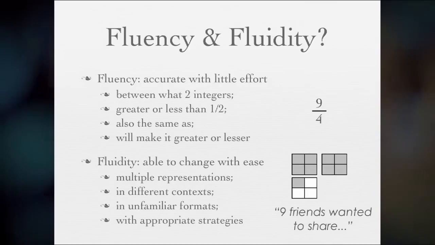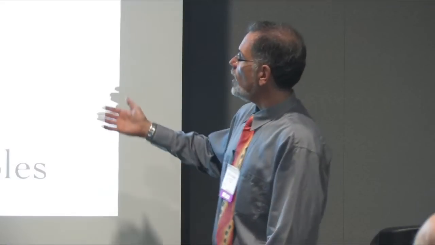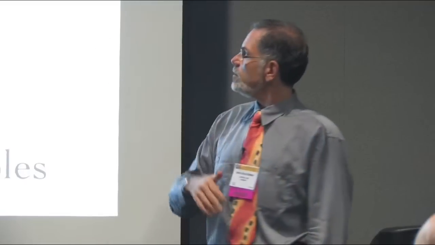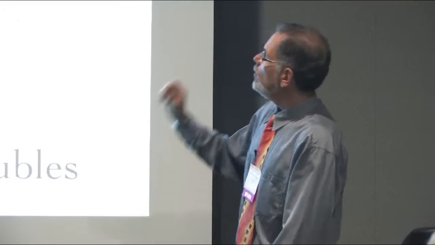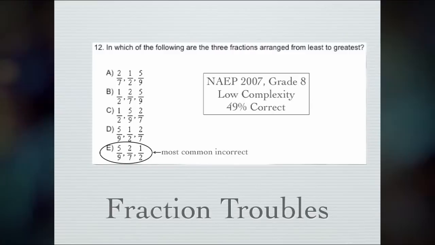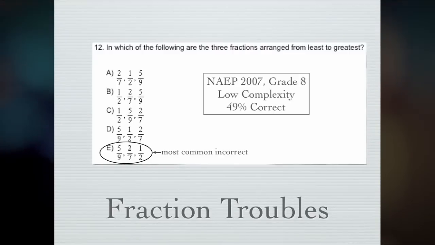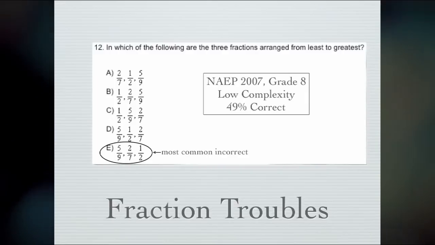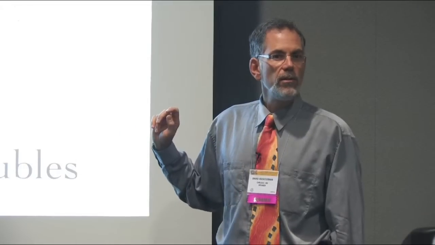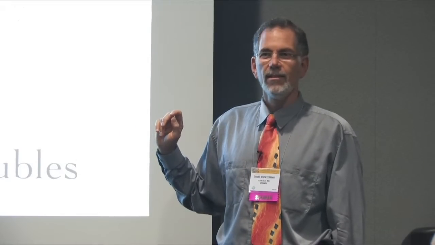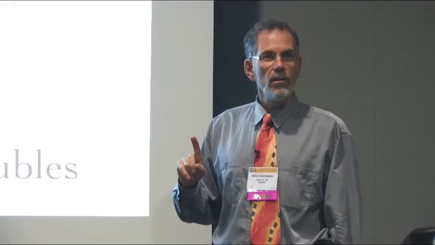So how are we doing on that? Here's an item from 2007 NAEP, grade 8, labeled low complexity. In which of the following are the 3 fractions arranged from least to greatest? And 49% got it correct. What's the correct answer? Start at the top